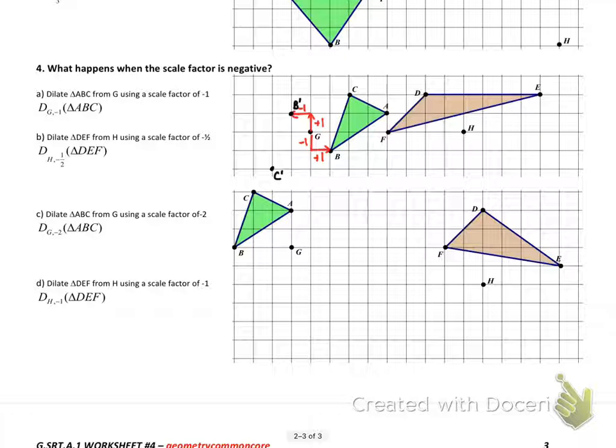It's just you have to keep that in mind. Make sure you're going negative in both directions. Okay, and then for A, from the center of dilation, I'm going right 4, up 1. So opposite would be from the center of dilation, going left 4, down 1. So that's where A prime is going to end up. And if I connect that together,